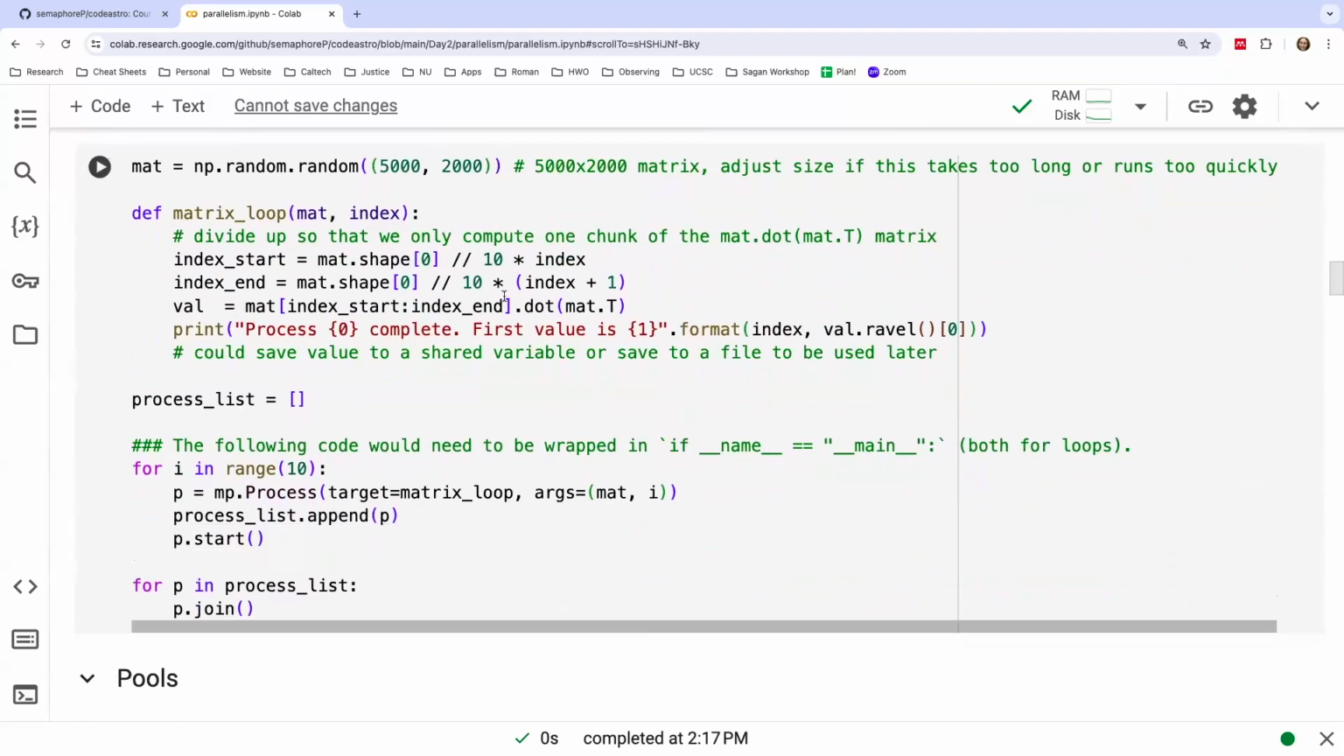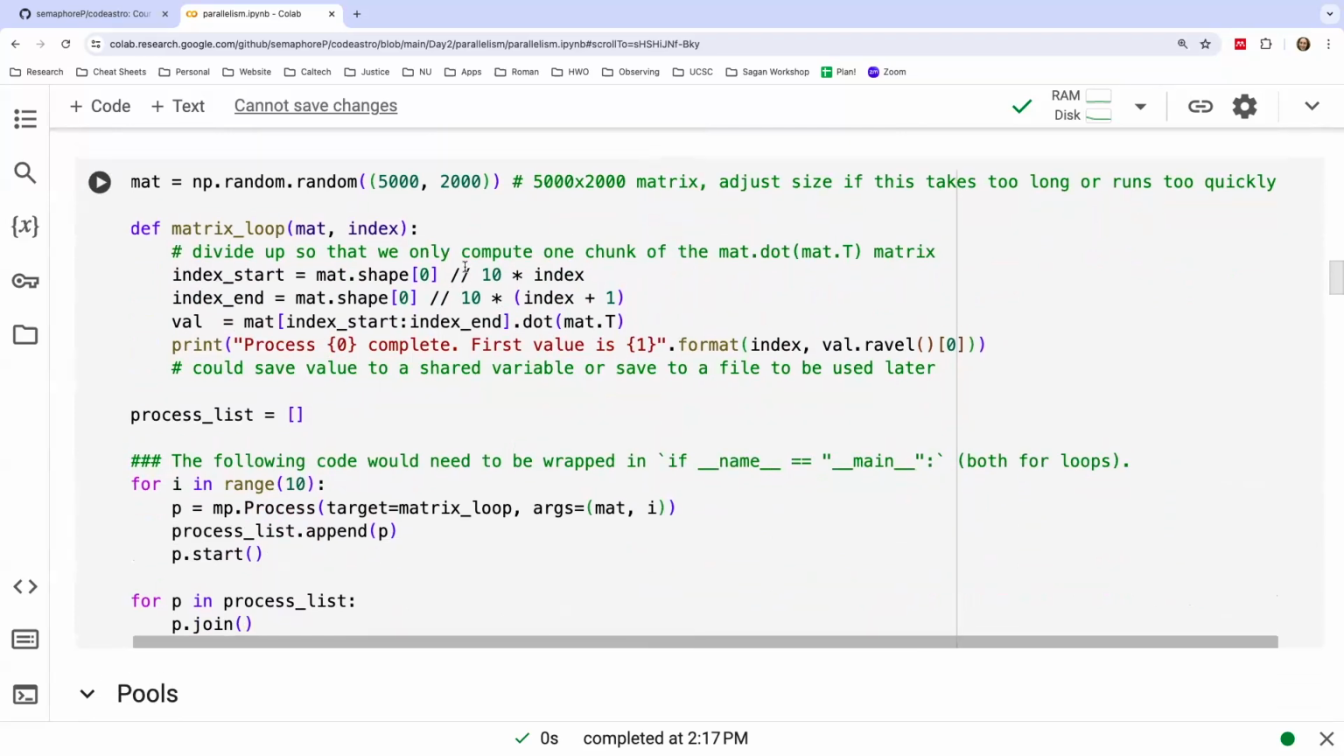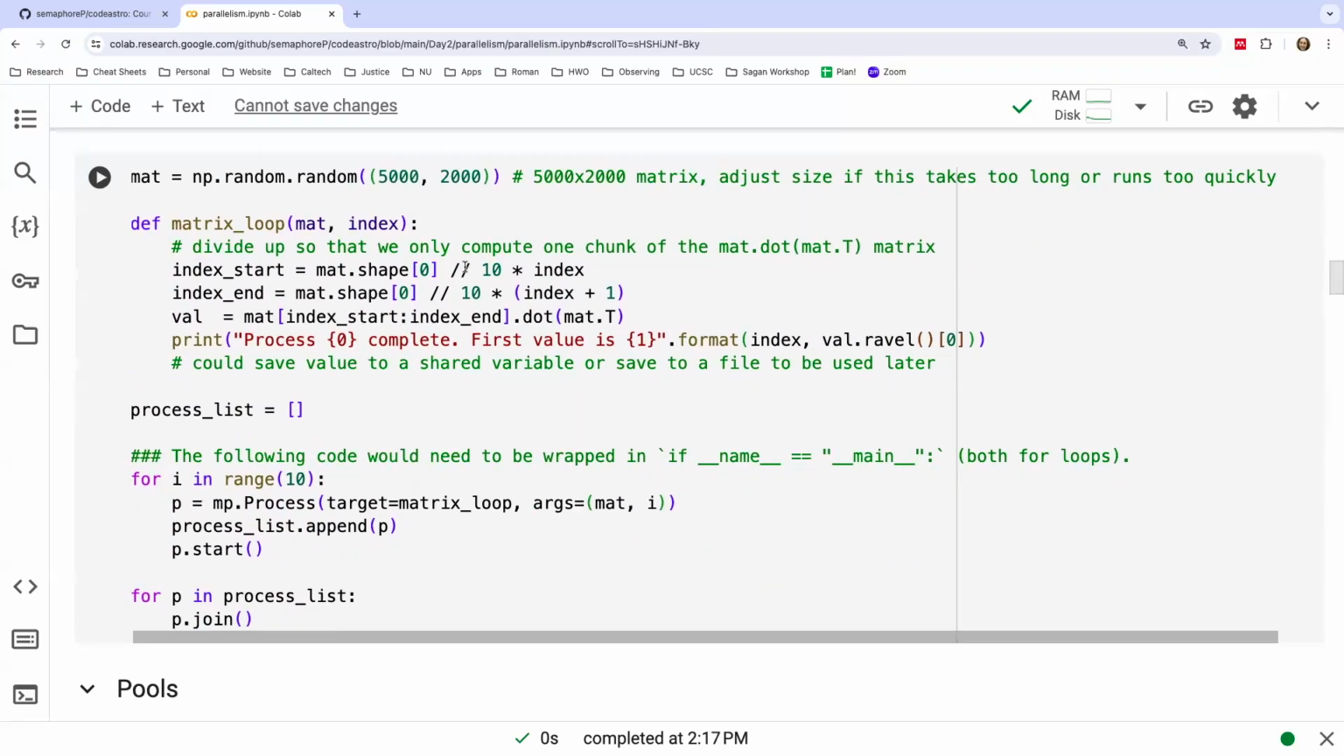So here's another example. I created a matrix of 5000 by 2000, a 2D array, and I'm trying to divide that matrix using the index parameter. So what I mean by index is, I divide the matrix into 10 parts and I use 1 to 10 to denote that this is the first chunk, the second chunk, third chunk. So I divide the matrix into 10 chunks, and then